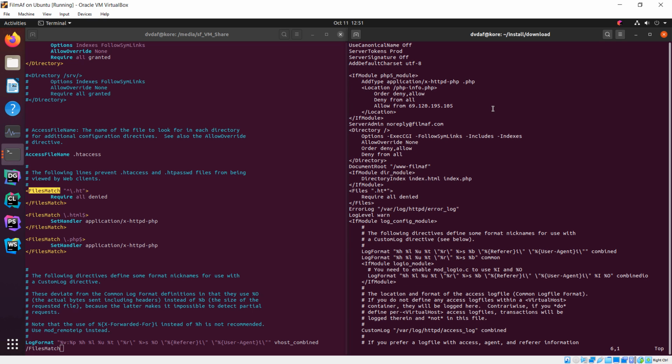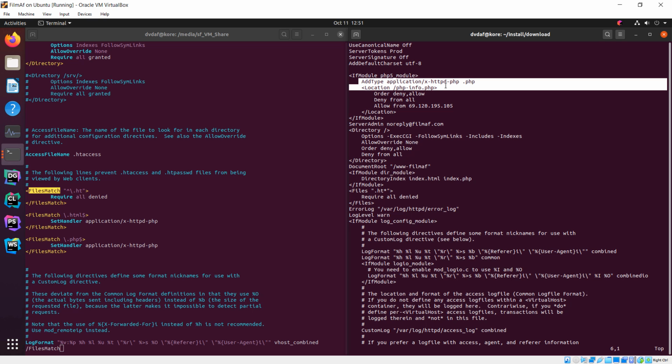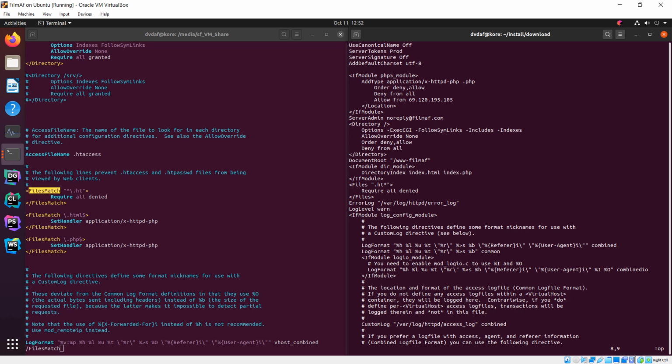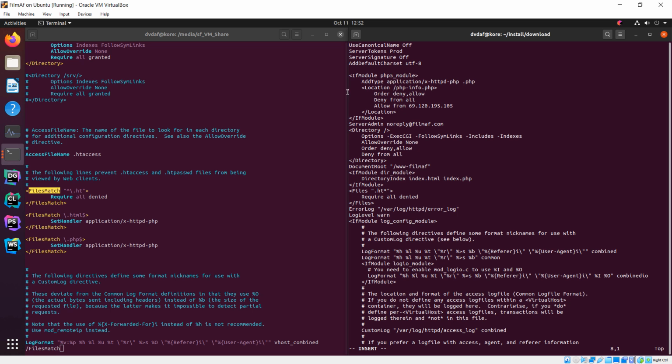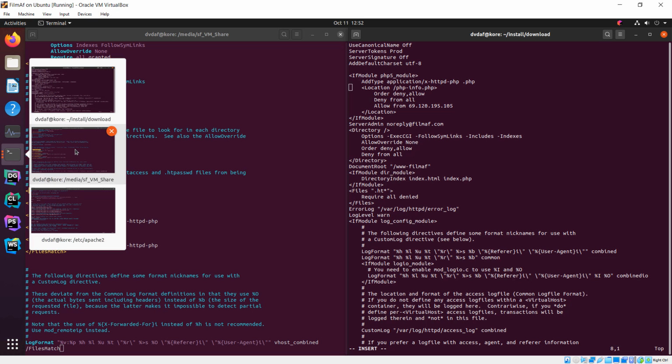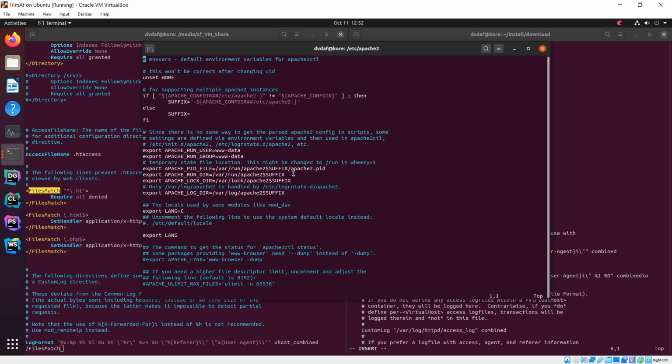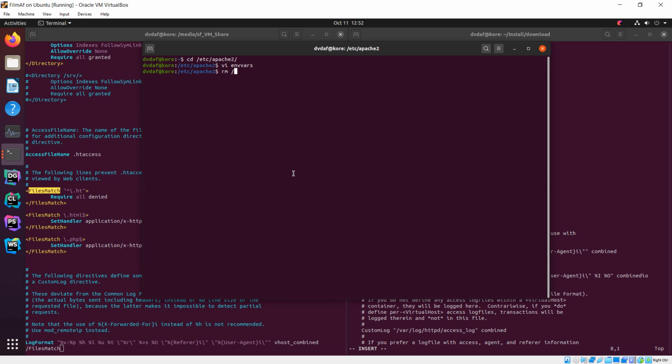Anyway, if the module PHP 5, then you add type. And all right, so remember that I said that the phpinfo was only allowed from a specific set of IP addresses, so this is it. I'm just going to remove this, and what we'll do as well is we'll remove phpinfo from the web root. So in that way, who is this guy? This guy. So we're going to do remove